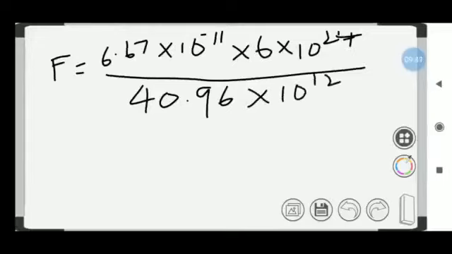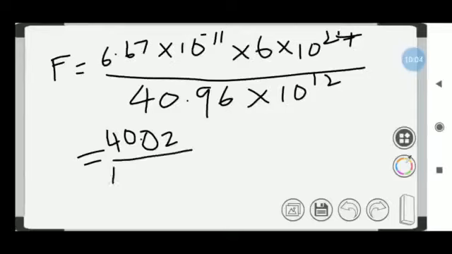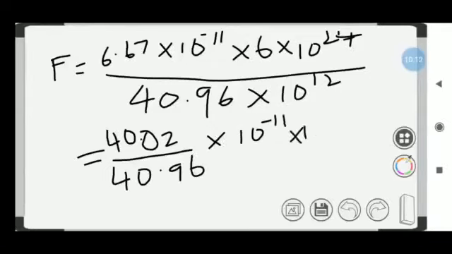Now you can take that 10 to the power terms and I'll keep one thing. Okay, so just multiply this value 7 into 6, here 42, and that 4 will go there. 6 into 6 is 36 plus 4 is 40, and here remaining that 4 will go there. 6 into 6 is 36 plus 4 is 40, so 40.02 divided by 40.96 into 10 to the power minus 11 into 10 to the power 24. This 10 to the power 12 if you take it in the top means it will come minus, so 10 to the power minus 12. Now you can add all this one.